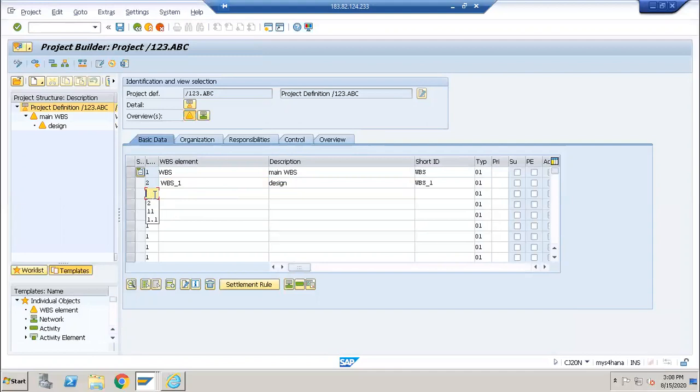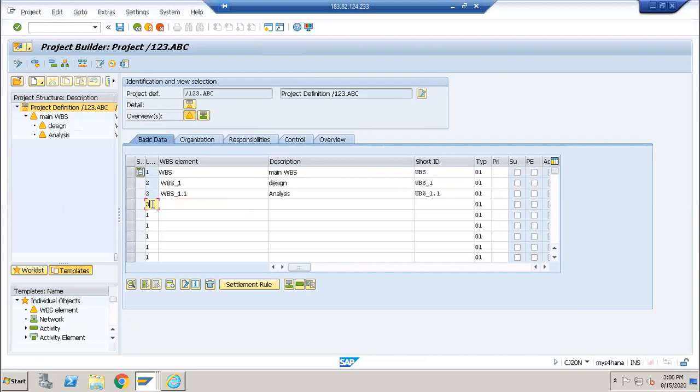Now I will go for another WBS element, which is WBS underscore 1.1. Okay, so this also is under this analysis.